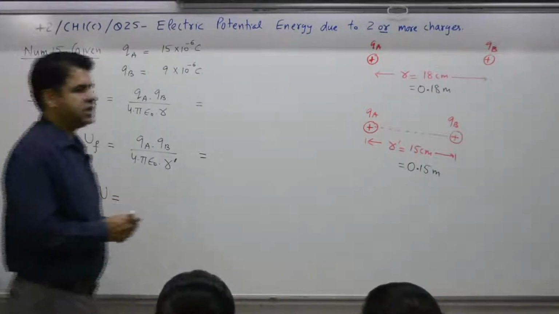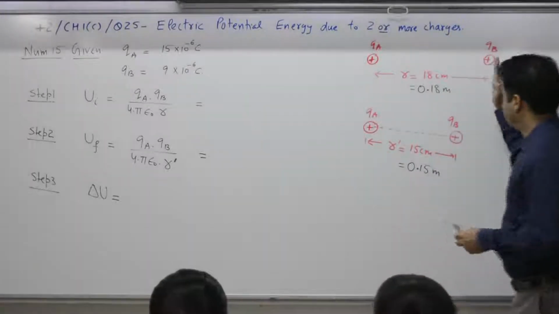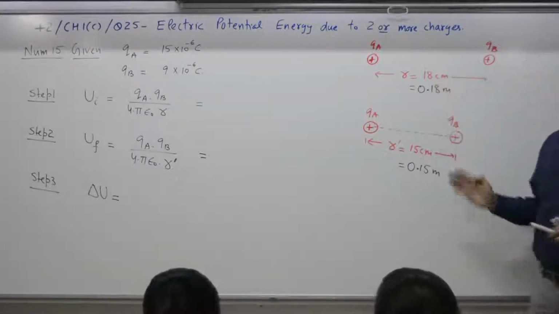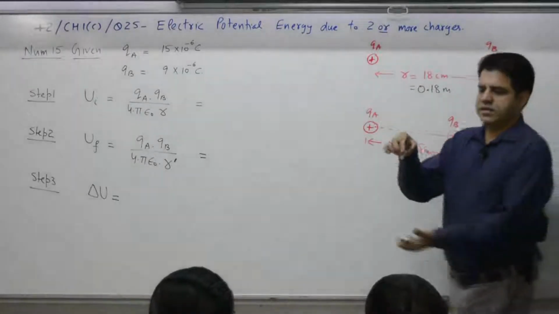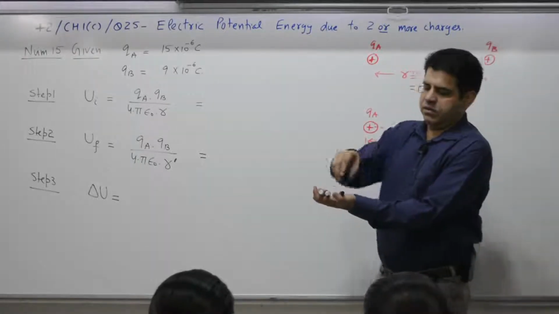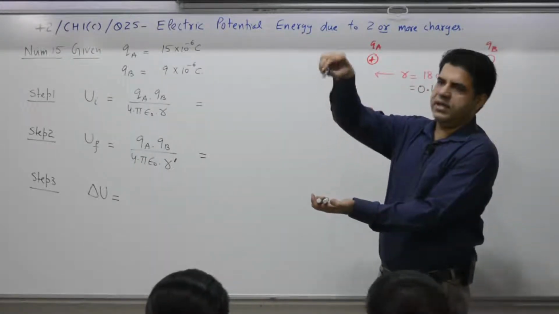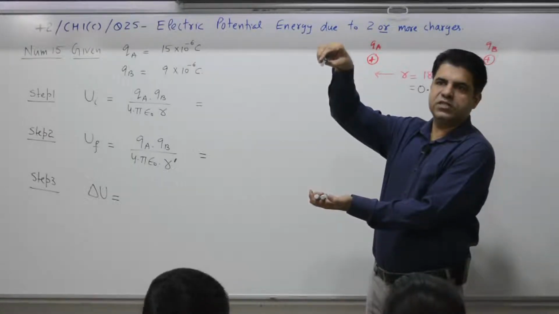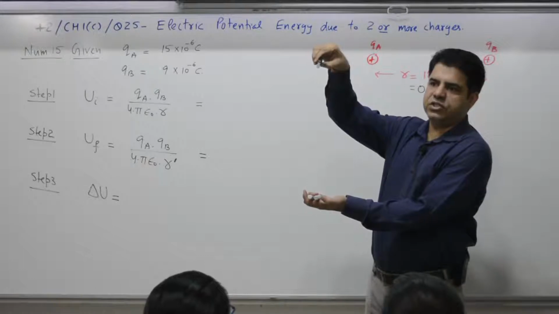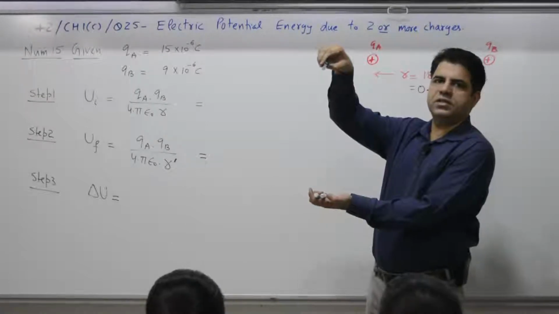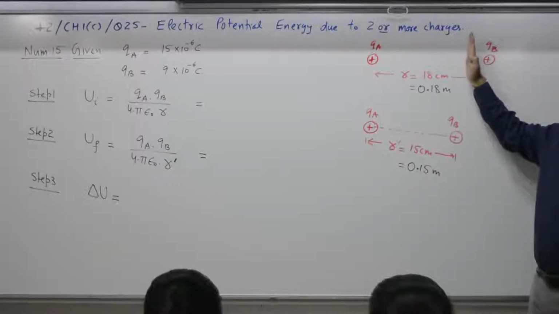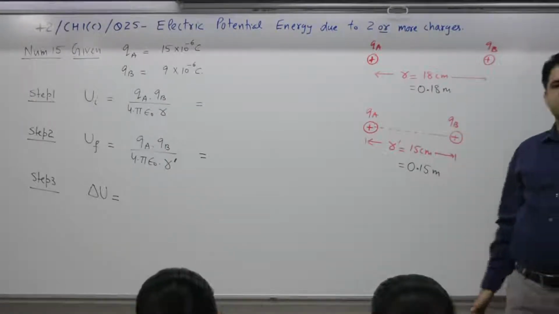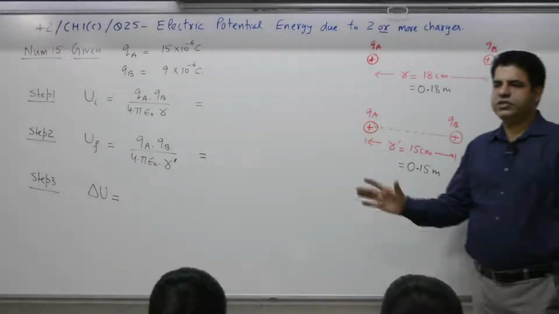Yes, this potential energy has changed because you have done some work. Work done by you appears in the form of electric potential energy. There is an object lying on the floor. You are doing some work, mg into h. Work done by you is force into distance, mg into h. It gets stored in the form of gravitational potential energy. Here, you push this charge towards another positive charge. You will have to do work. Work done by you gets stored in the form of electric potential energy.